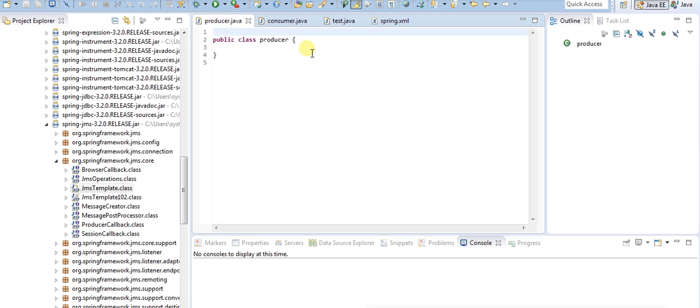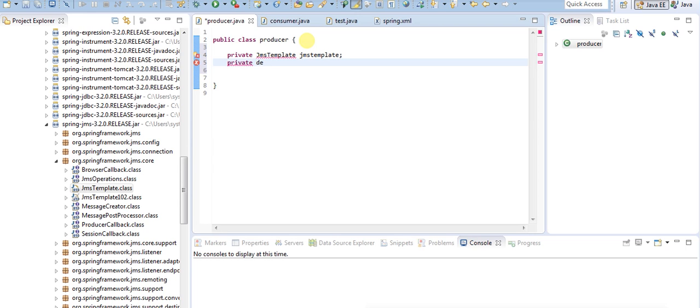Now I need to write the producer and consumer. I will have two fields: private JMS template, jmsTemplate, and private destination, that will be a queue. So I'll create the queue directly, and I'll call it queue, or should I call